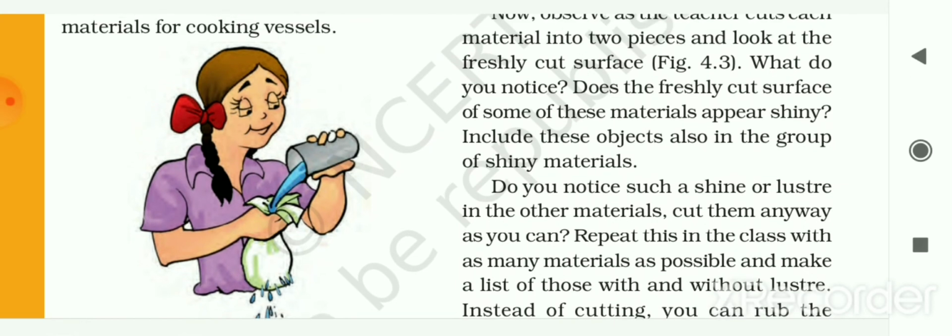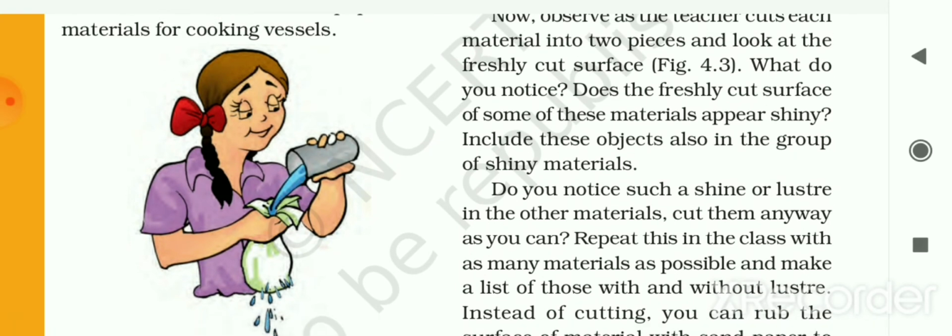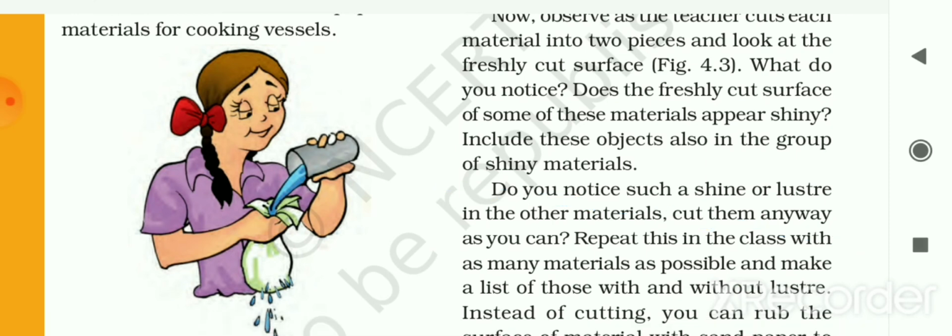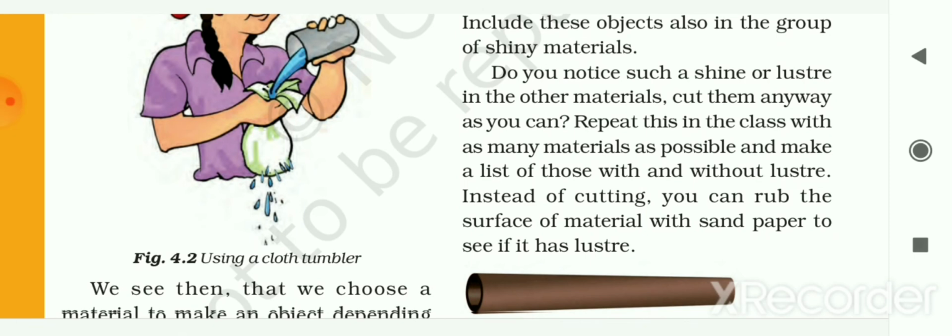So what do you notice? Does the freshly cut surface of some of these materials appear shiny? Yes, it is shining. Include this object also in the group of shiny materials. Now do you notice such a shine or luster in the other materials?